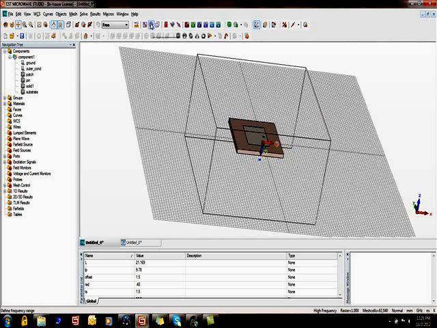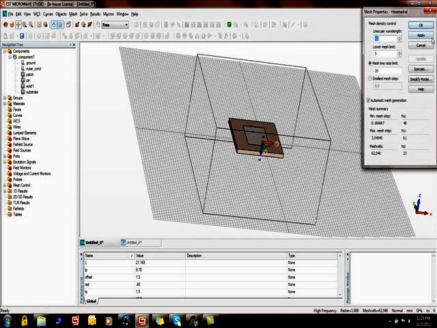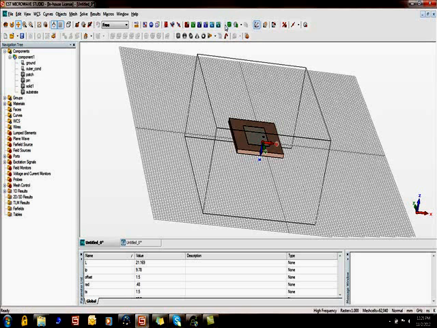And after defining the frequency range, you need to check mesh properties. We always recommend to do mesh convergence study. So before starting the simulation, please check whether mesh is correct or not and then run the solver. Thank you.